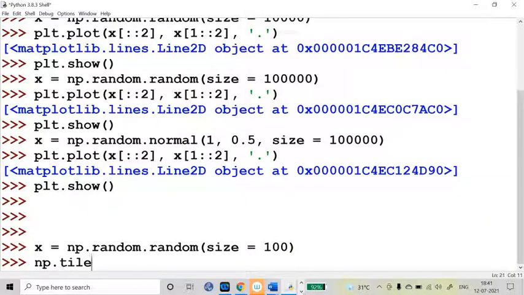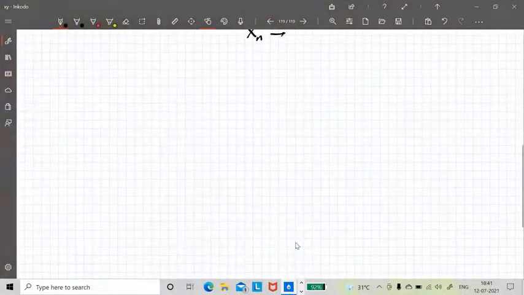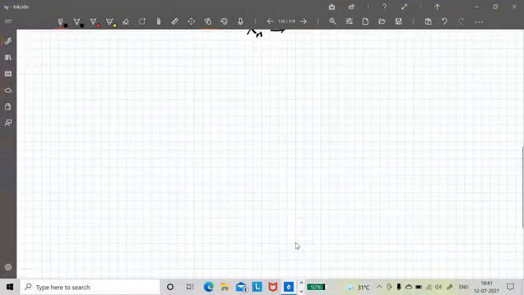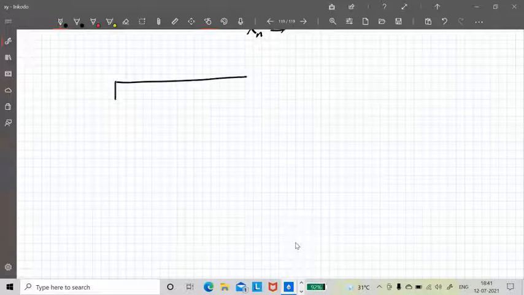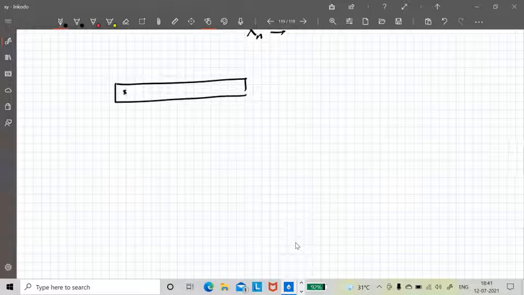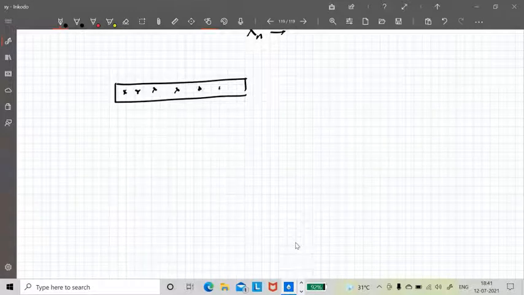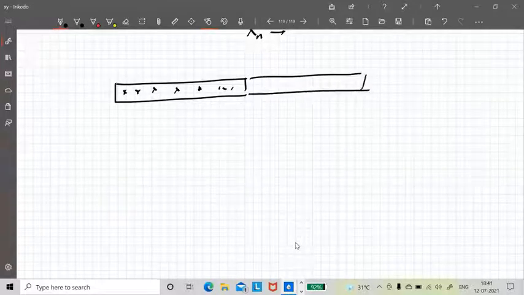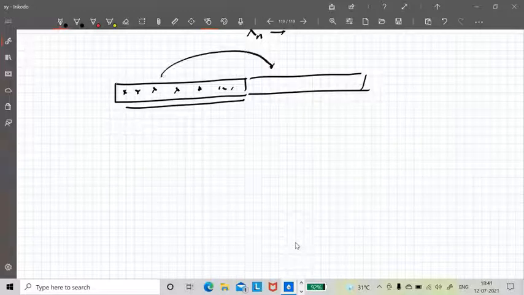Let me tell you what it does. np.tile is basically, you have a set of random numbers, for example you are creating from 0 to 1 something here, and this whole block, whole tile, you repeat. That means inside this block the numbers are random, but this block is repeating here.